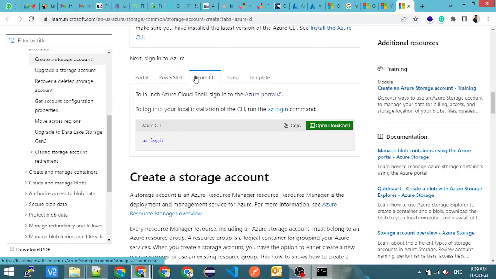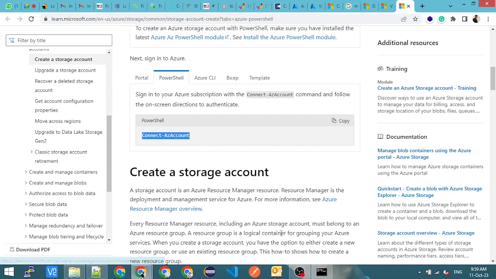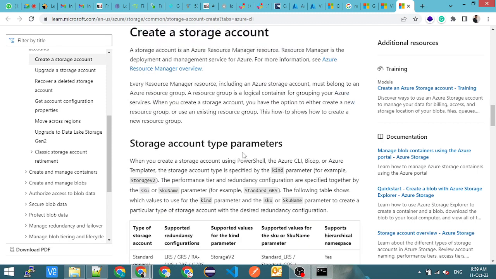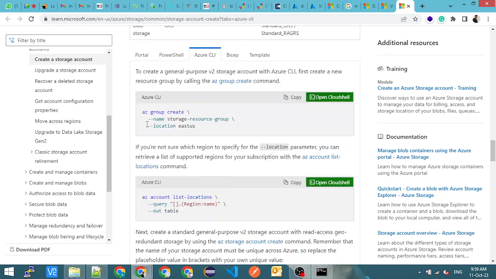दीज आर ऑल द स्टेप्स दैट दे हैव गिवन, अपन PowerShell वाला देख रहे थे, दैट इज अवर PowerShell, फर्स्ट आई नीड टू कनेक्ट अजूर CLI, दिस इज एजी लॉगिन, एक बार लॉगिन कर दे तो उसी अकाउंट में रहेंगे, एंड देन यू कैन क्रिएट एजी ग्रुप, क्रिएट हाइफन हाइफन नेम, स्टोरेज का नाम देना है यहाँ पे, एंड लोकेशन कहाँ पे आपको चाहिए, खत्म, सो दैट इज समथिंग कमांड दैट यू नीड टू फायर एंड ऑटोमेटिक मिल जाएगा। अजूर अकाउंट लोकेशन, मतलब मेरा अकाउंट कहाँ पे है, कौन से एरिया में।